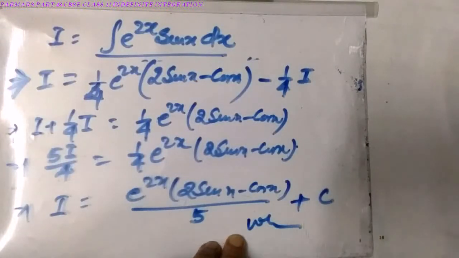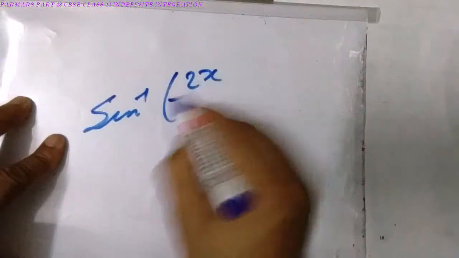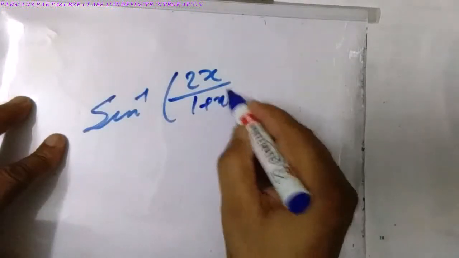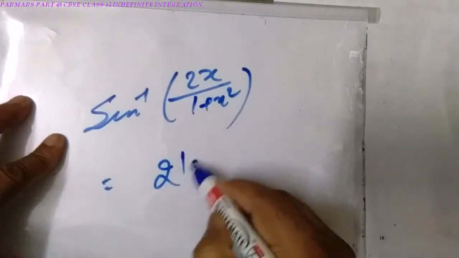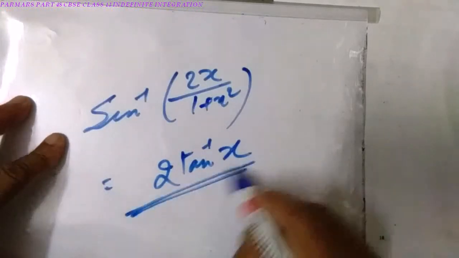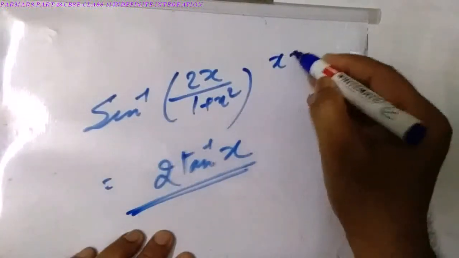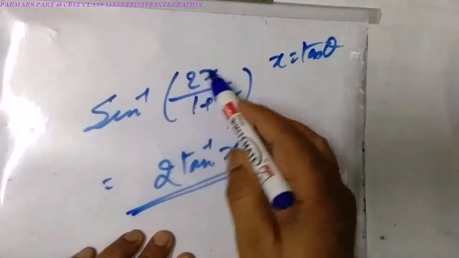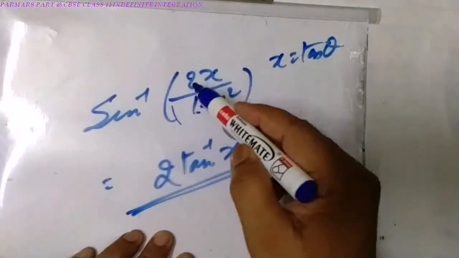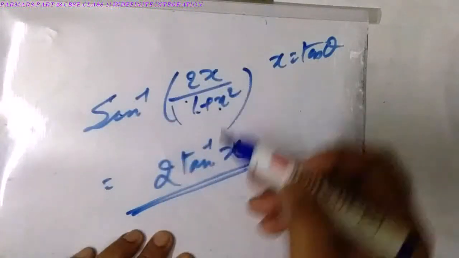So this is another type of question. Now moving towards another question. Here all are of the same type, or you can say you have to try sin inverse of (2x plus 1 by x square), sin inverse of 2x by 1 plus x square. You can simply say that this is nothing but 2 tan inverse x. If you put x as tan theta, you will get 2 tan theta by 1 plus tan square theta, this is sin 2 theta. Sin inverse of sin 2 theta is 2 theta and 2 theta is